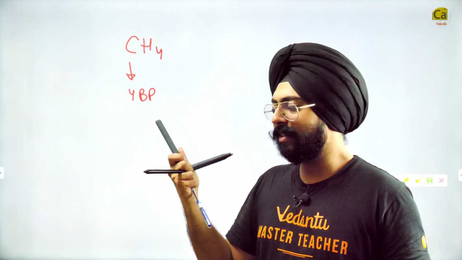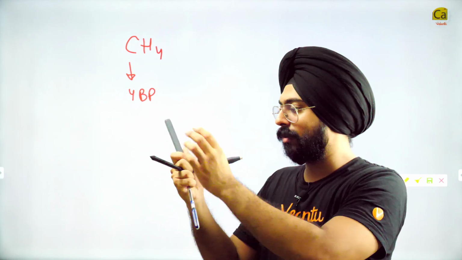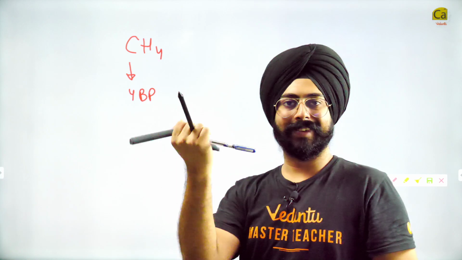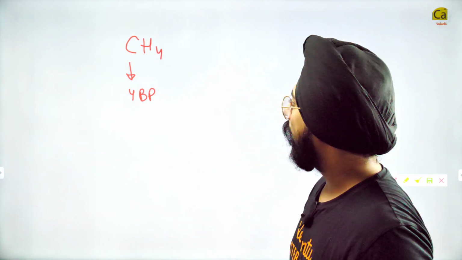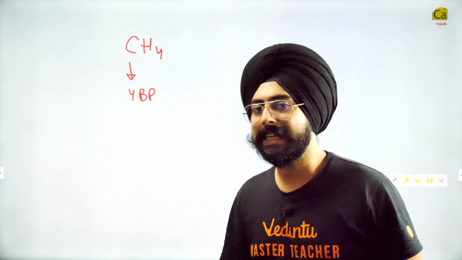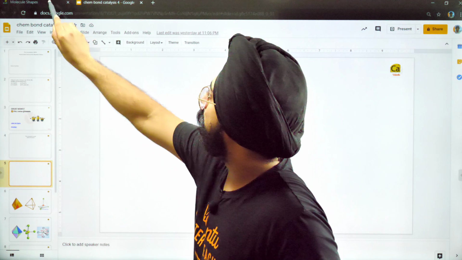But do you realize I don't have to make every structure in just 2 dimensions. I can make it in 3 dimensions as well. I can move them in a skewed way. So my dear friends, what happens when I have 4 bond pairs around a central atom is that I get a very interesting structure. Let me try to show that to you in that web page once again.